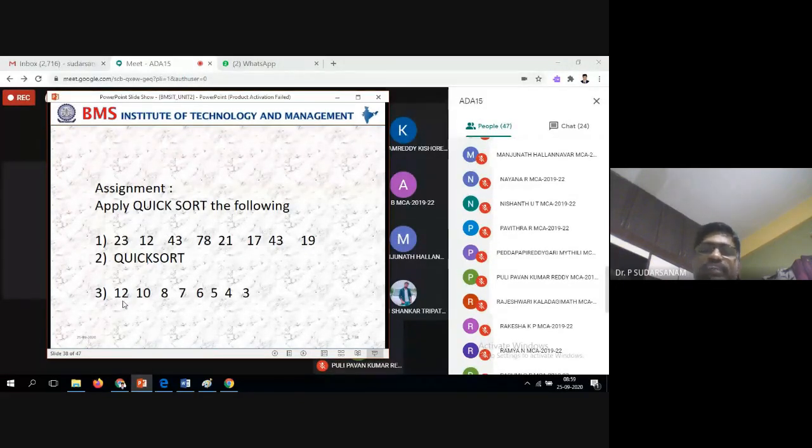Now I have given the example 12, 10 because it is descending order. Now the 12 will be placed into the last, next 10 will be placed into the last but one, next 8 is placed, 7 is placed, 6 is placed, 5 is placed, last but one, and so on. So in this case, what is the time complexity? Like bubble sort only is working. What is the time complexity now?